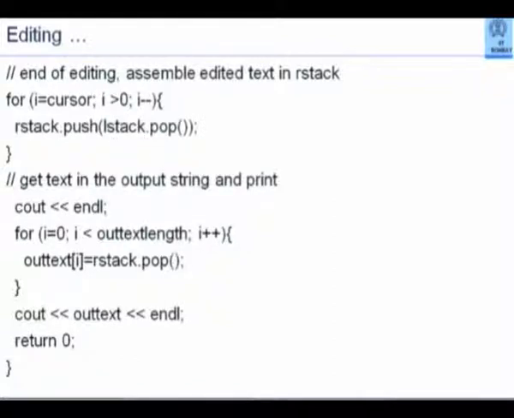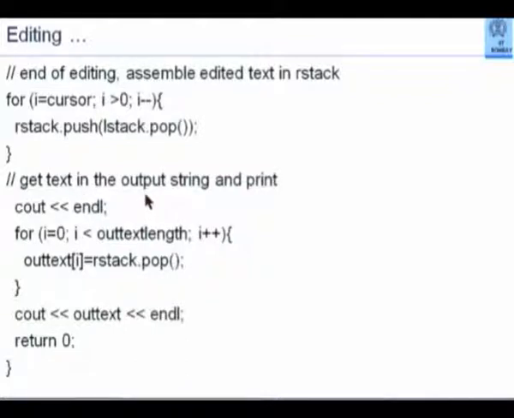You see the simplest of the operation for editing. Cursor movement is push from one, pop from one, push into another. That's the simple cursor. Insertion, push characters in left stack. Deletion, delete characters from the left stack. And then you can do a variety of variations that you want to do.